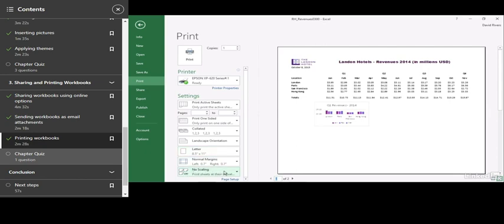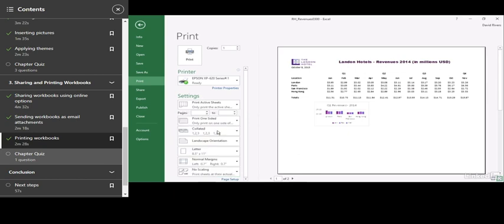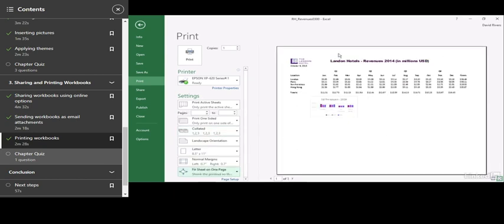Notice no scaling shows up for me when I click this drop down. I have some options like Fit Sheet on one page, fit all columns on one page or all rows on one page, and in this case I think fit on one page to fit the entire sheet is going to work. It's still legible, it's not too small, but it is shrunken down slightly to fit on one page. I can tell down at the bottom I'm on page 1 of 1 now, and that means I'm ready to